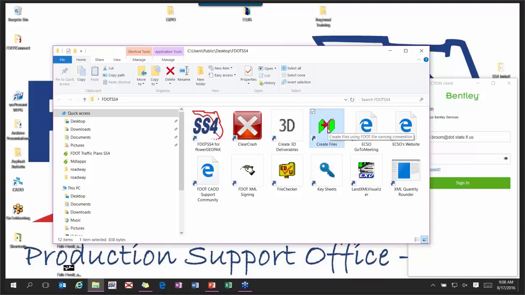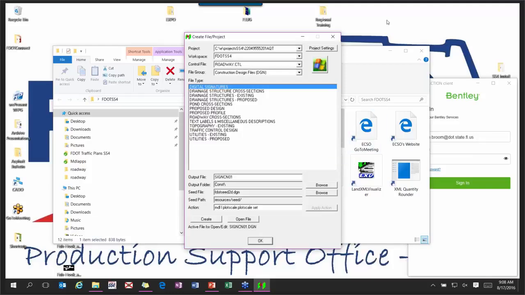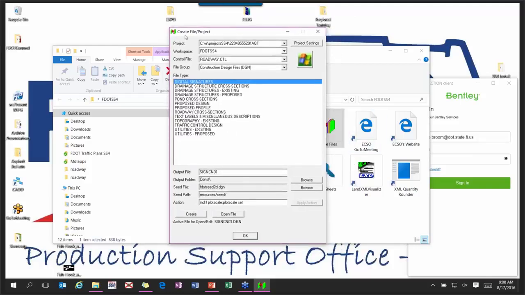So, creating files. We have a tool, and you can open this inside or outside of MicroStation, as you just saw. Create File Project is the actual name of the tool up here. And what this does is it creates the DGN files that you need to be working in, and it makes sure that it is using the correct seed file, it's using the correct naming convention so that our QC software